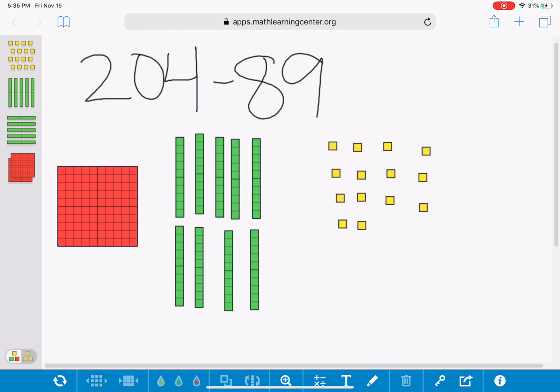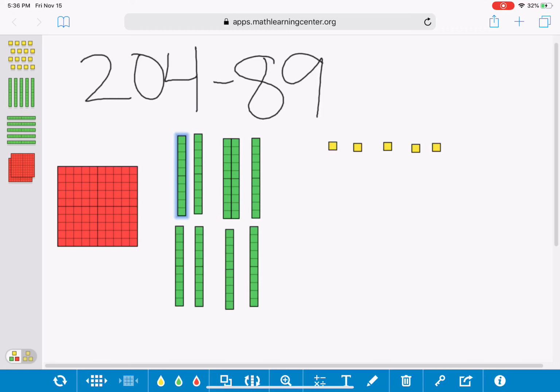So when we look at the ones place, the student needs to take 9 bits away from the 14. So 1, 2, 3, 4, 5, 6, 7, 8, 9. Okay. So this means that they are left with 5 bits or 5 ones. So next we're going to look over at the tens place, and so we have 9 rods,